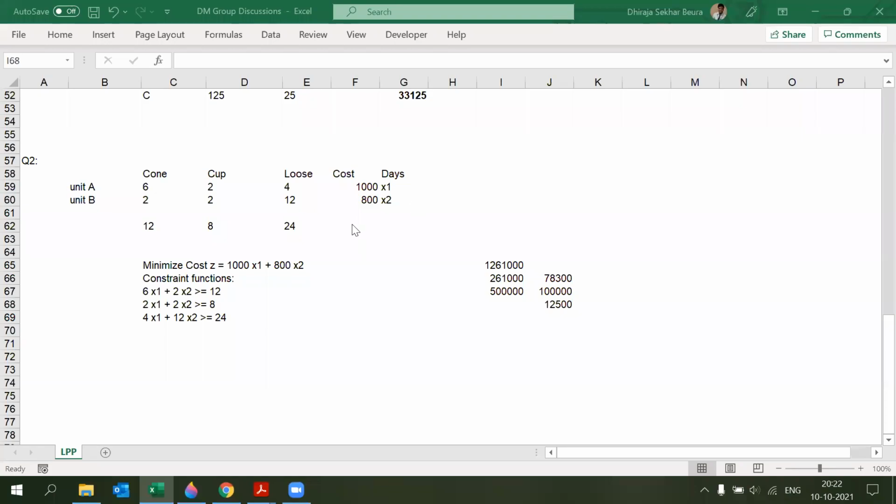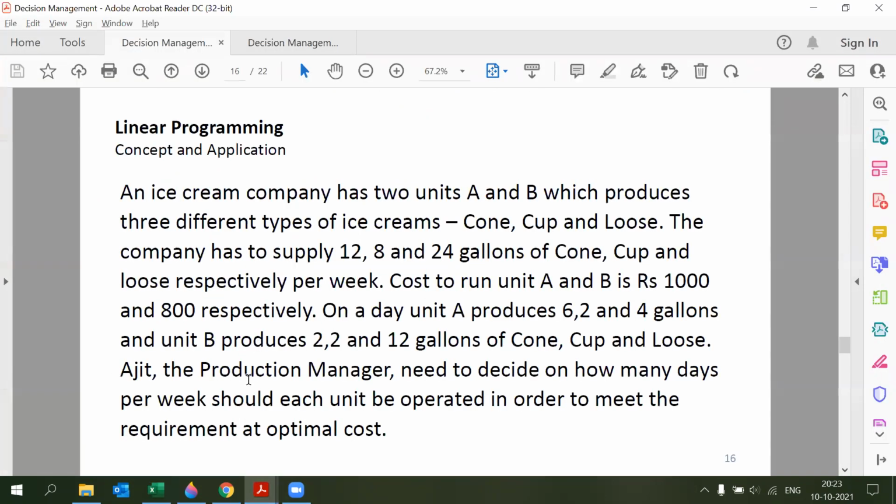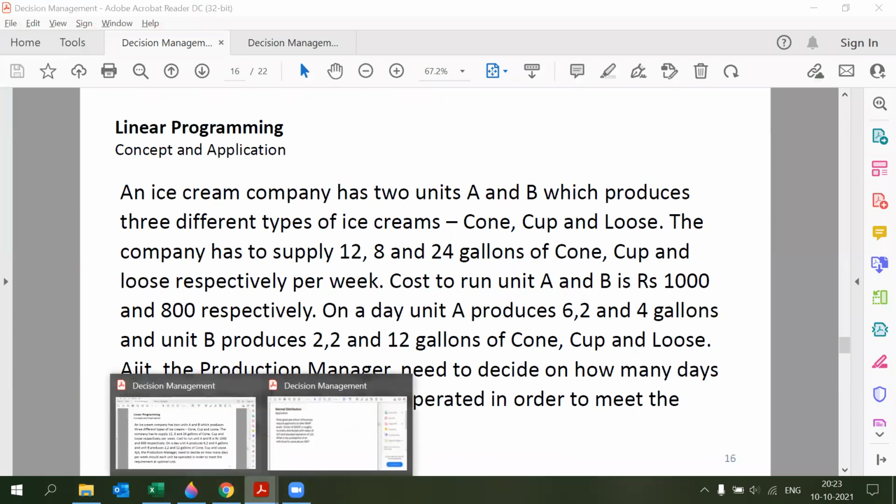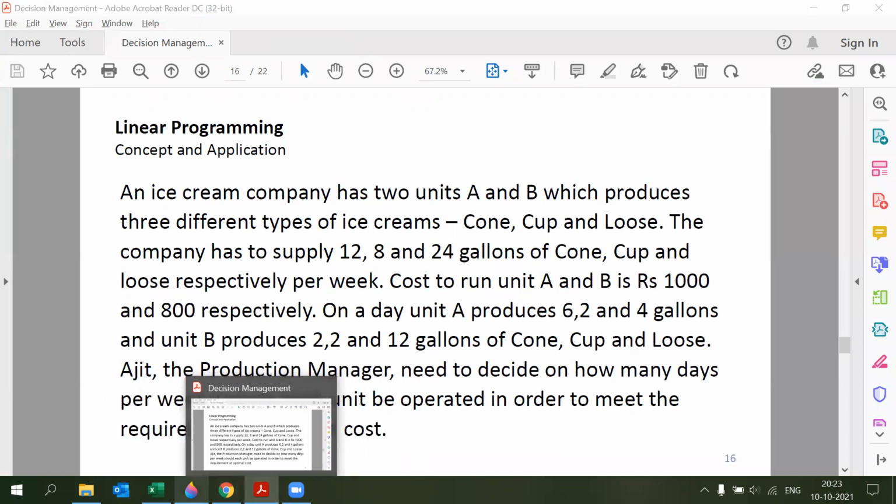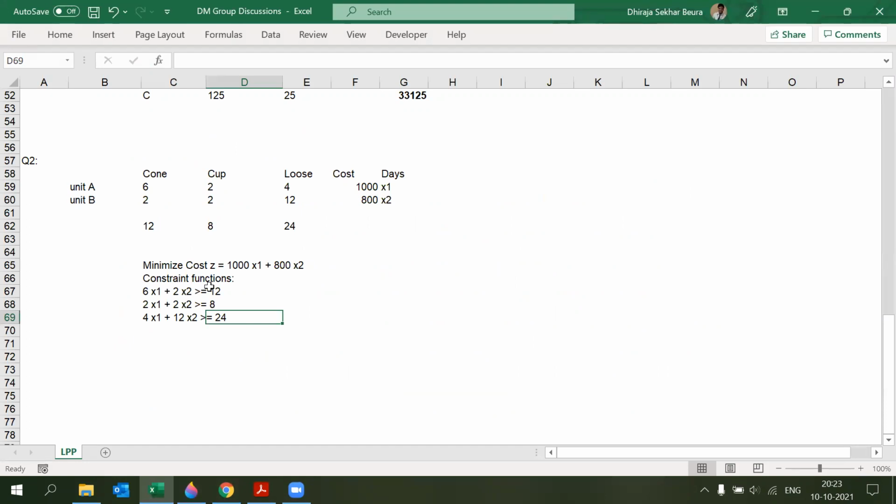Awesome. So last time around, we stopped with this question where we were solving this particular question, and we have determined the objective function and constraint functions. Let's carry it forward and solve the question. Can somebody tell me what was the next step? Once we have the objective function and constraint functions in hand, what is the next step?